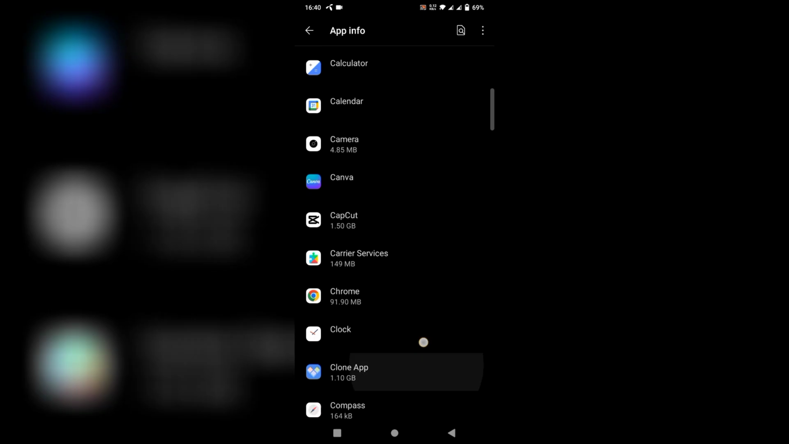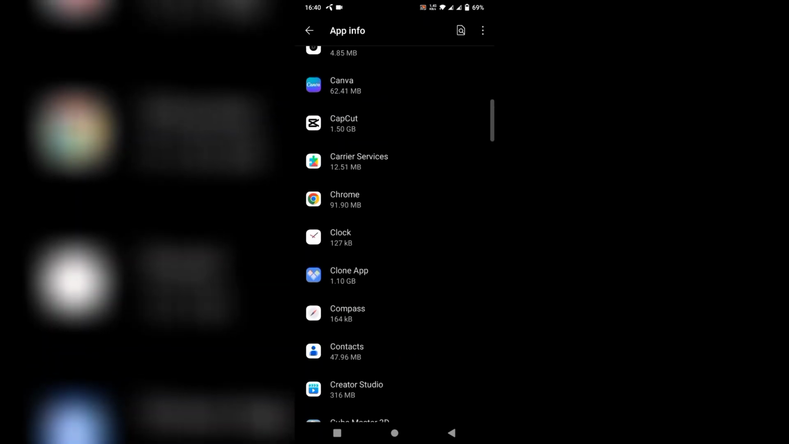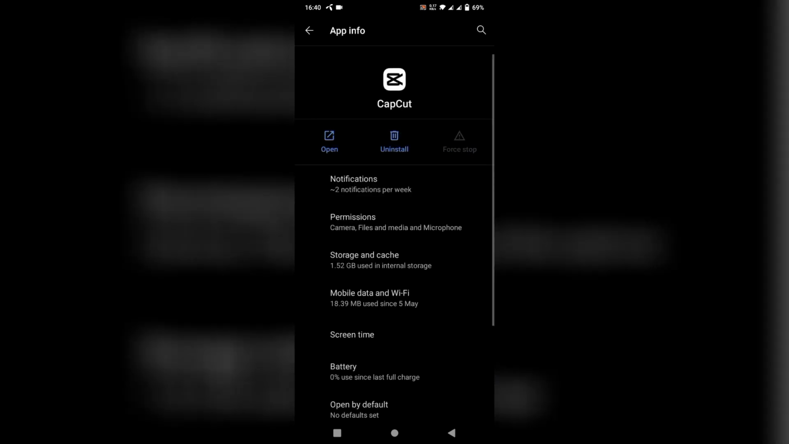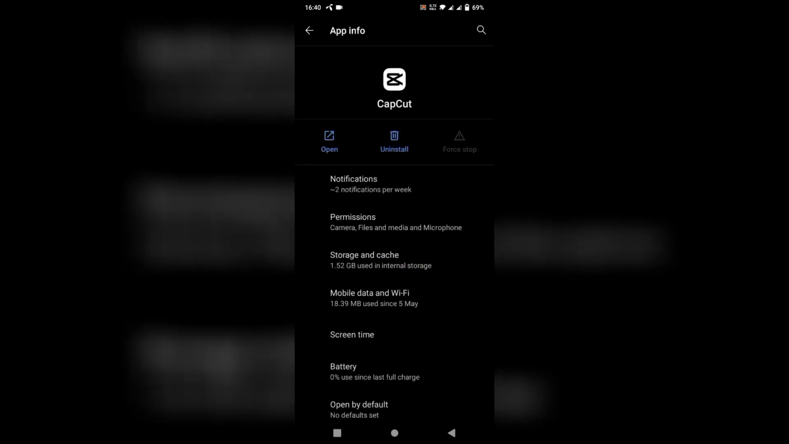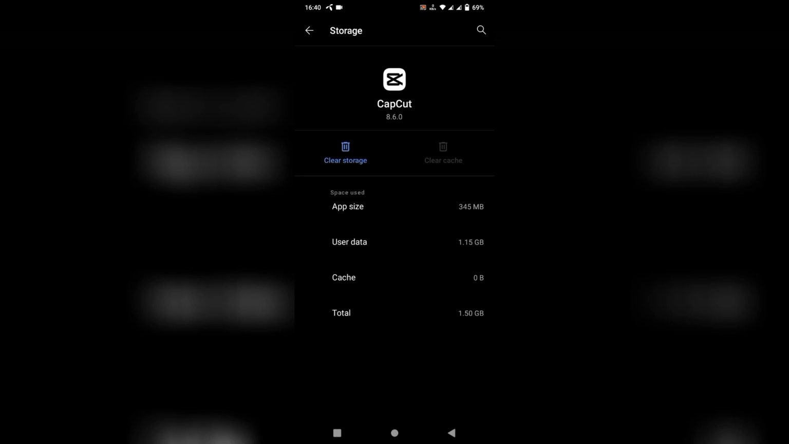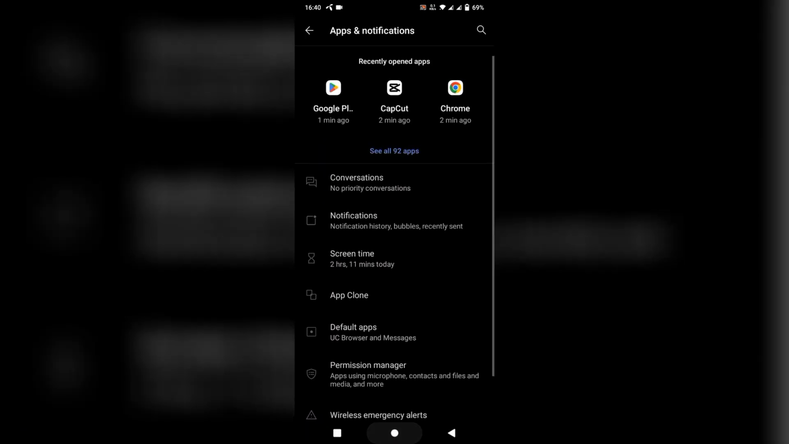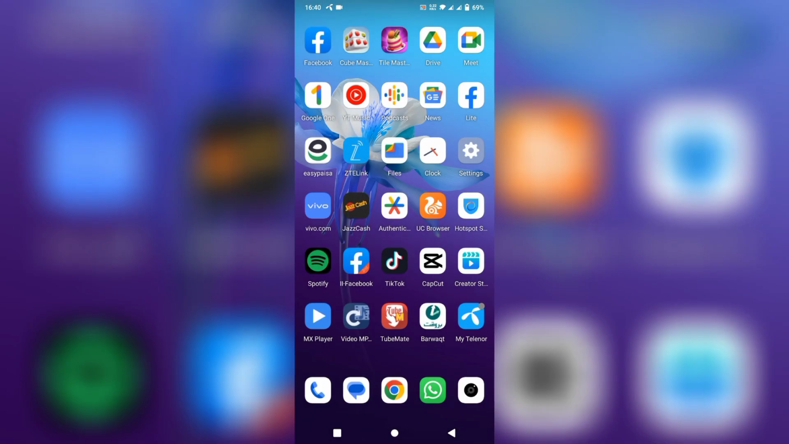See all 92 apps. Scroll down and find CapCut. So click on CapCut and click on force stop. Click here and click on storage and cache. Click on clear cache. So after this, go back and open your settings again